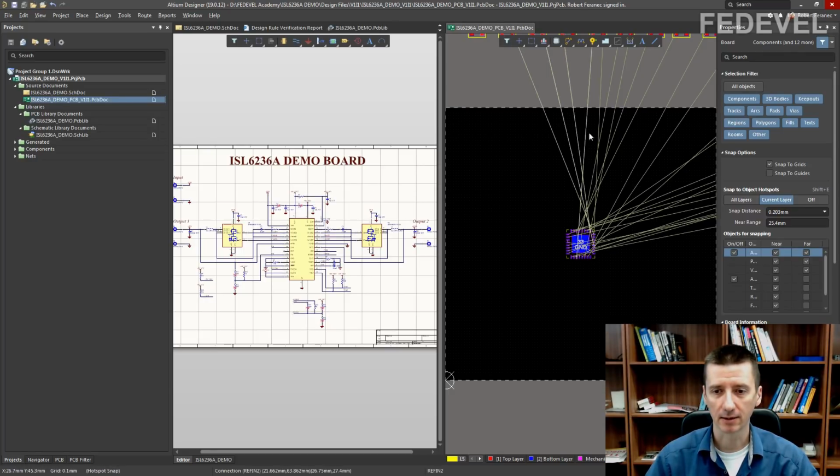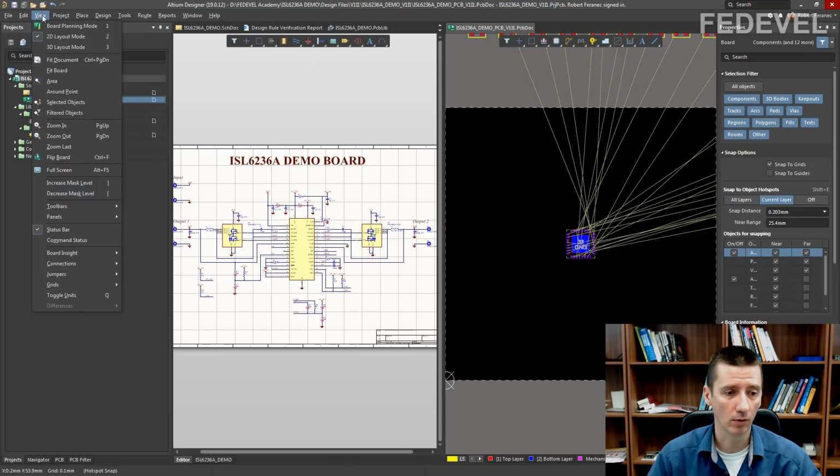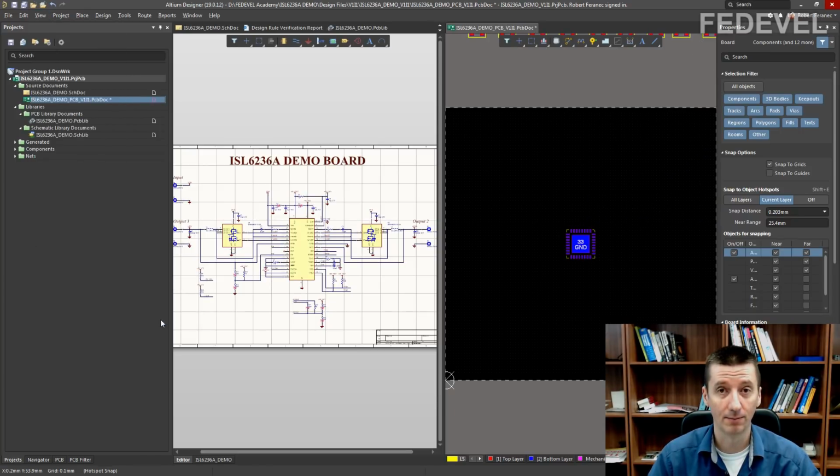I'm going to hide these connections. These are actually kind of virtual wires which are telling you what paths are connected together. But sometimes this can be very disturbing, especially if you have a very complex board. There will be just a lot of these connections, and we can do the layout even without these wires, and especially now we don't really need them, so we can hide them. Go into View, Connections, and hide all. Much better.